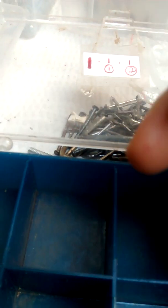Or if you don't want to do it like thick and thin, you can put allen in one way and the normals, or average ones that are not allen, here and here. So this is important to do because